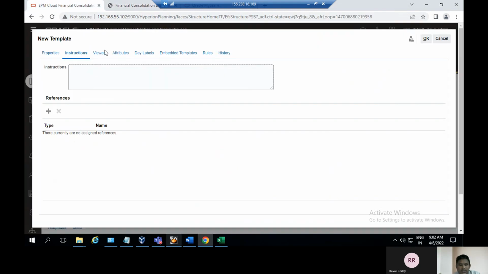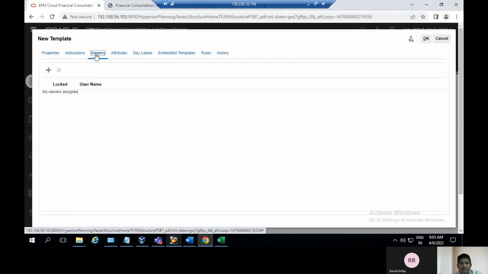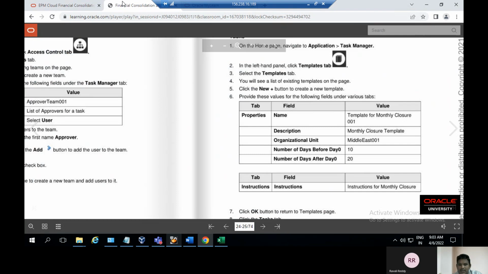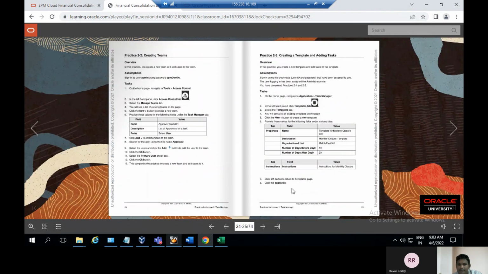The instructions tab: instructions for monthly closer. I will give the instructions. Instructions tab for monthly closer. Okay, click on next, viewers. Click on viewers, and then click on the OK button